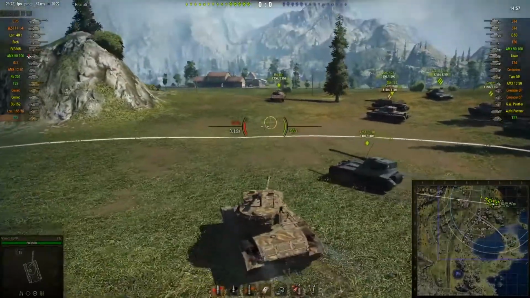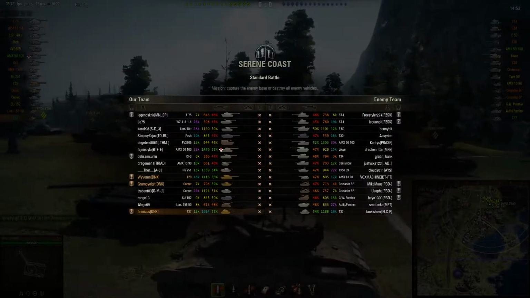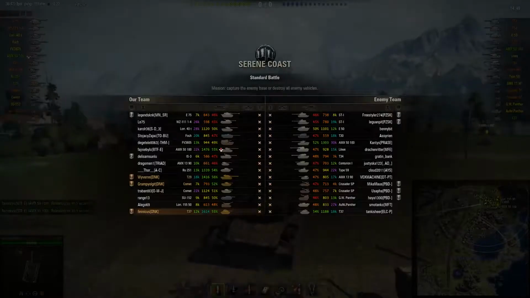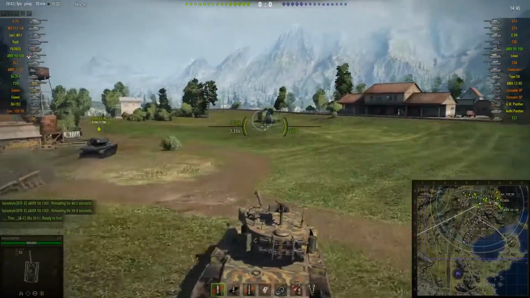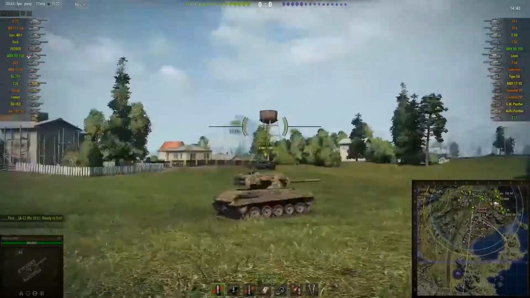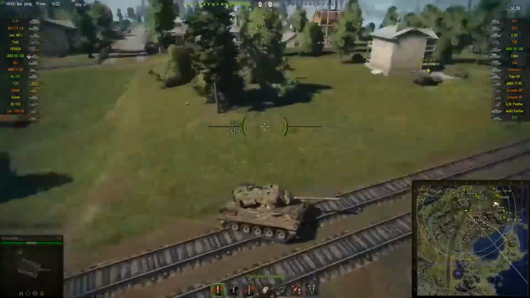And our second replay is from the user Finnicus. That is Finnicus, and he's driving the T37 on a standard battle on the Serene Coast. T37 is a tier 6 light tank for the Americans. This one is the one that looks a lot more like the old style Chaffee does. As you can see, it has that same kind of turret, although it is a hell of a lot larger